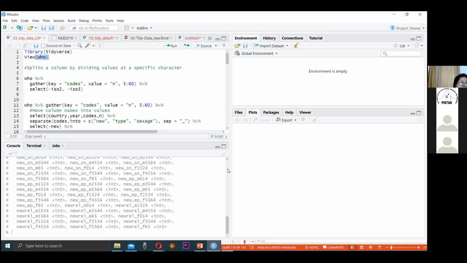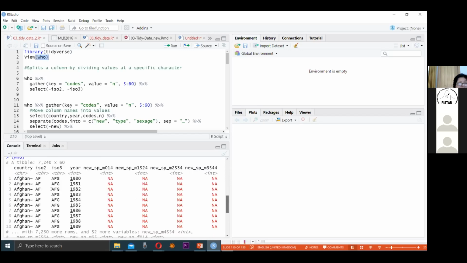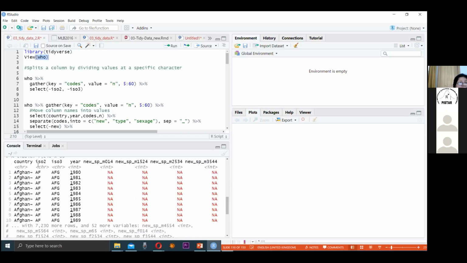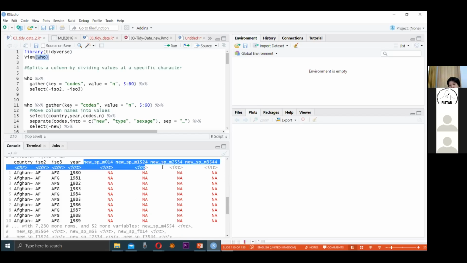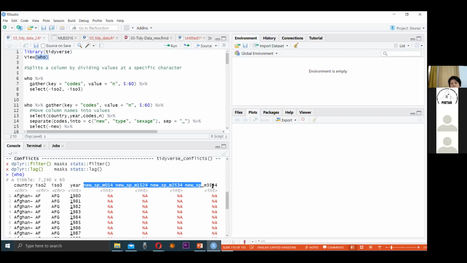This is the output of the who command, in which countries are present, ISO 2, ISO 3, year, and all the codes. You can see from here, I'm highlighting the codes. These are the codes which show that ages are 0 to 14, 15 to 24, 25 to 34, and so on. So there are almost 55 columns for the different ages and for different types of